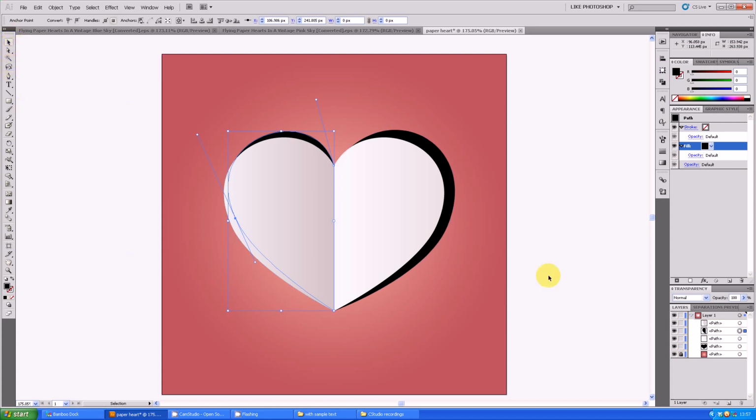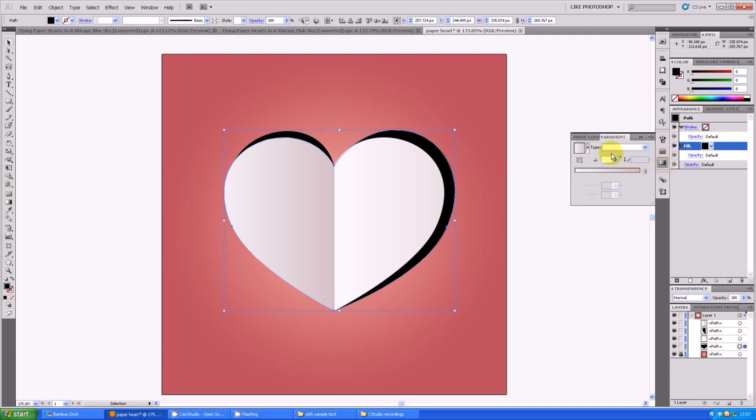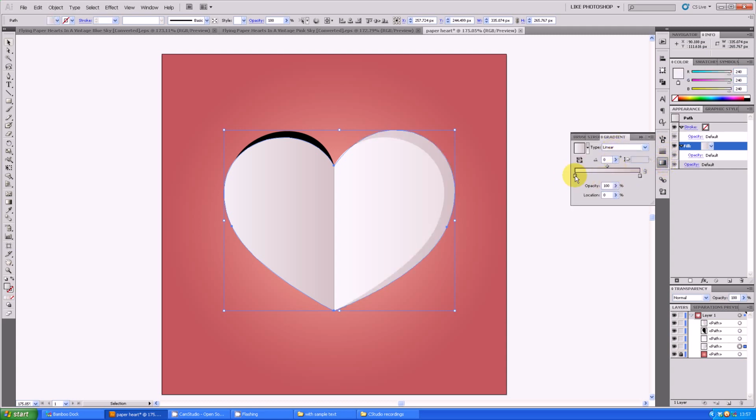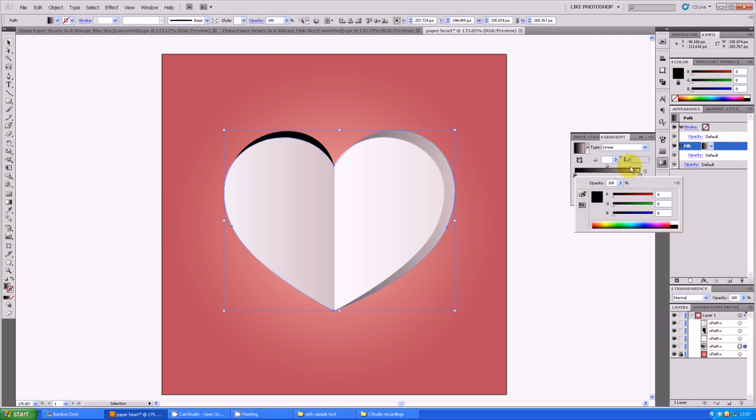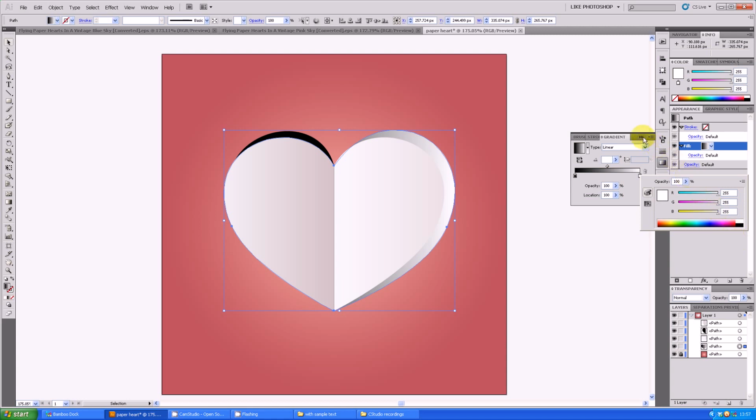Now let's work on softening the shadows a little bit. There's a few methods to do this, but I'm going to keep in mind that I may want to save this as an EPS 10. So the method I'm going to use is a gradient. Let's select the first shadow that we made and add a linear gradient. First up, make it black, and the second one, make it white. And in the appearance panel,